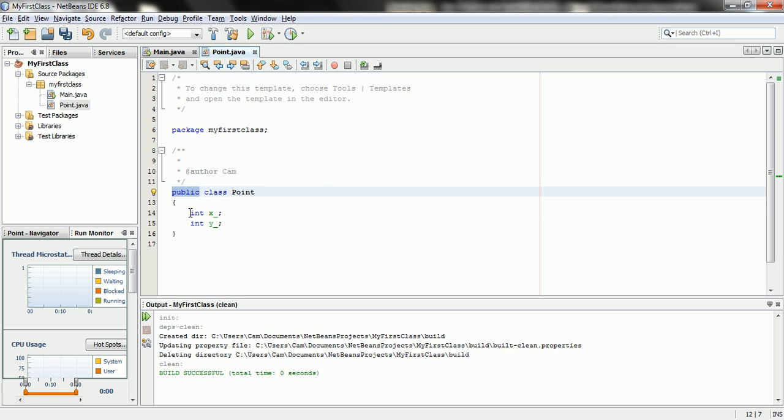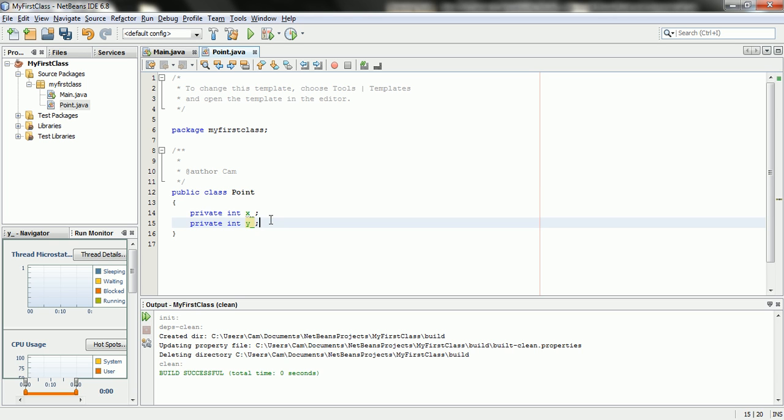Now some things you want to hide from the people who are using your library, because you might feel like, well, if they were to have direct access, they might be able to mess up my class. Maybe they would wreck the internal consistency or some expectations that you have, some preconditions about it. Basically, it's a part of your class that you don't want anyone to mess with. And generally, that's what these member variables or fields are, things that we want to hide. So to hide them, we just tell Java that they're private. So we say private int x and private int y. It's not as though we're taking it away completely. I'll show you very quickly how we can still allow some access,